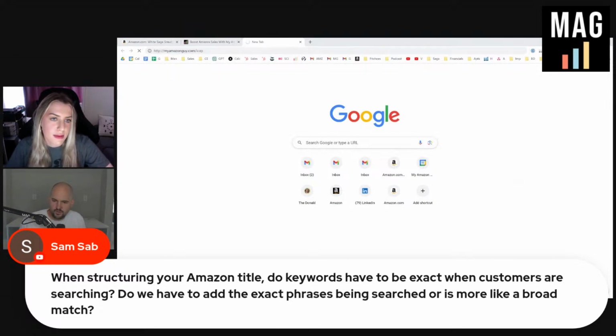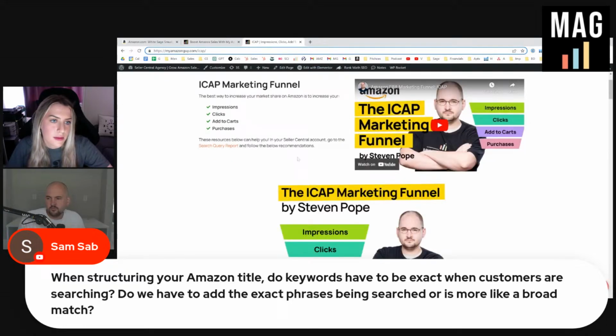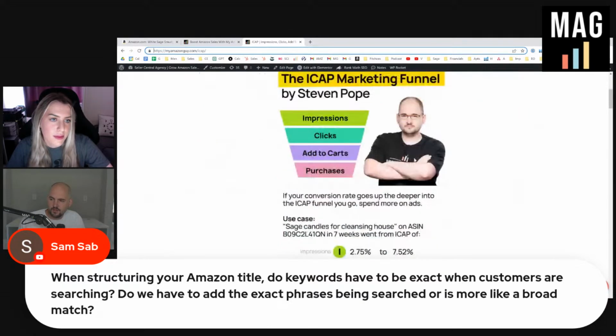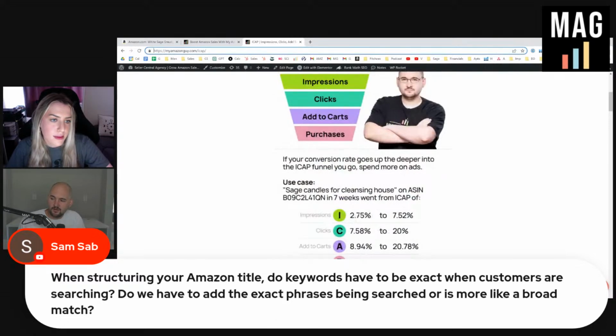I'll post a link to that in the chat. ICAP: impressions, clicks, add to carts, and purchases. Here's our use case example on this very keyword and this very listing. I had an impression share just under 3%, click share of 7%, and we basically tripled our market share when we added that to the title.